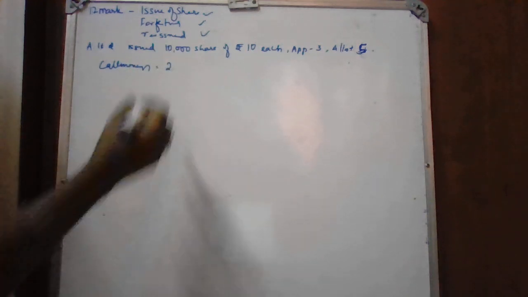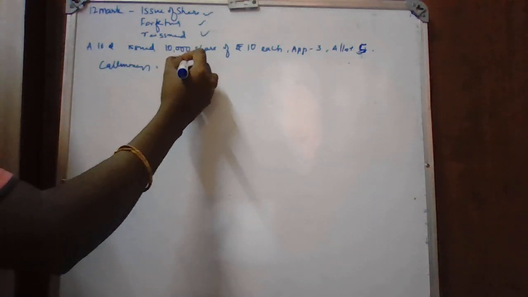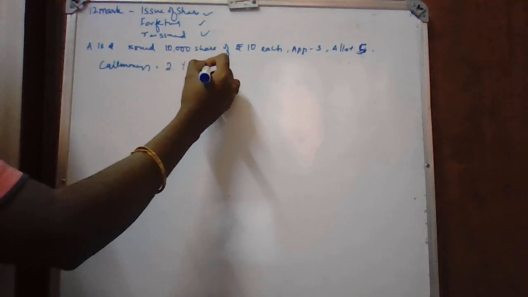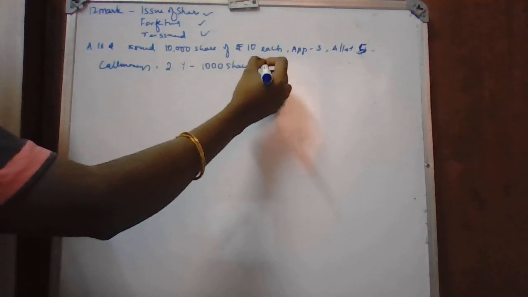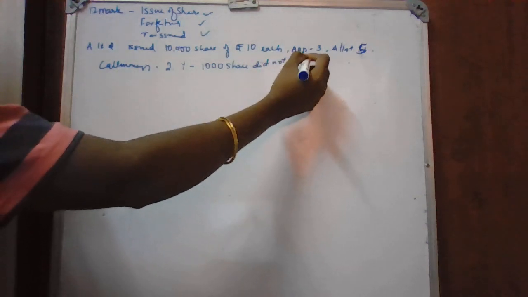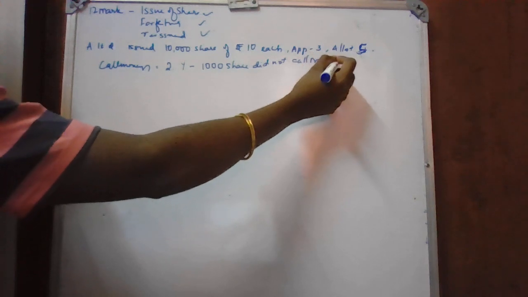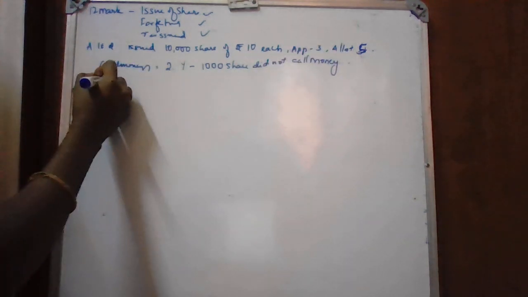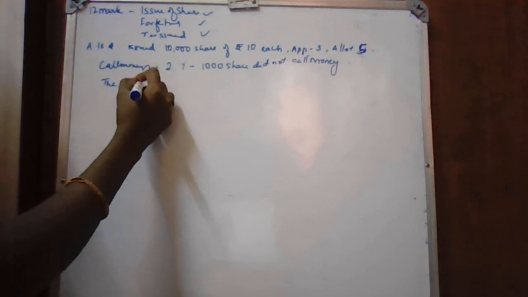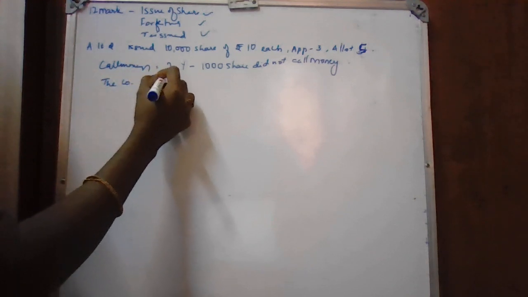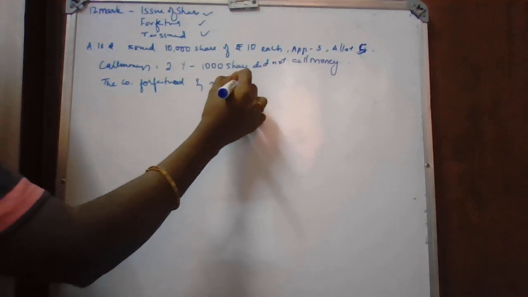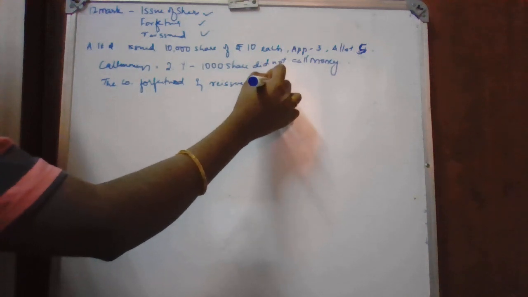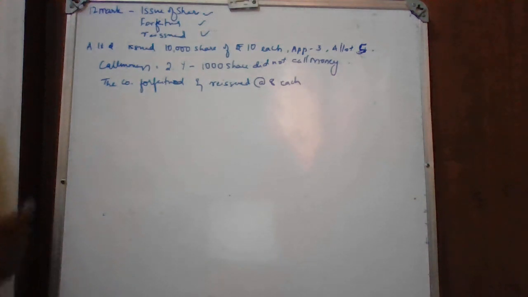All the shares were subscribed, but Mr. Y, who is holding 1000 shares, did not pay call money. Since he has not paid, the company forfeited the shares and reissued at 8 rupees each. Pass the journal entries. So first,